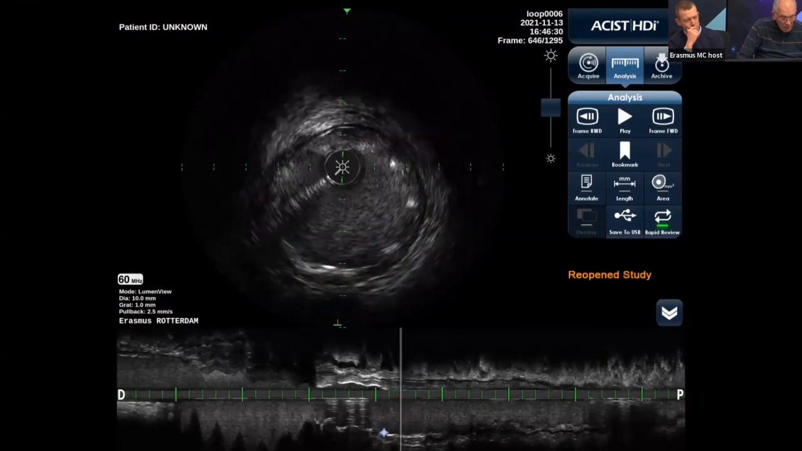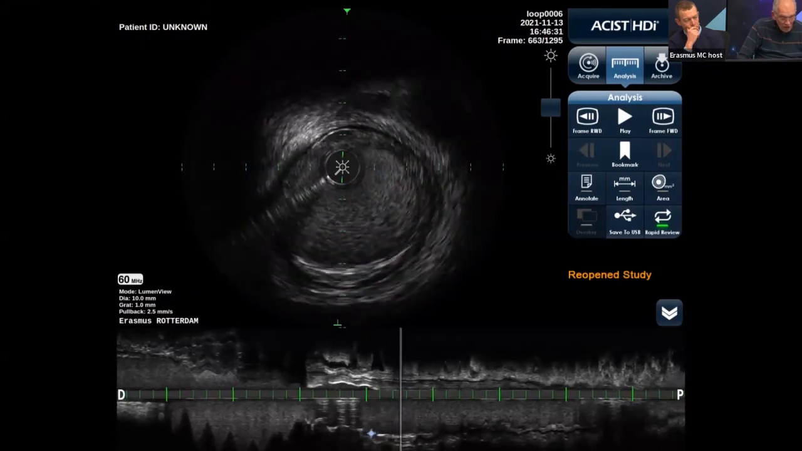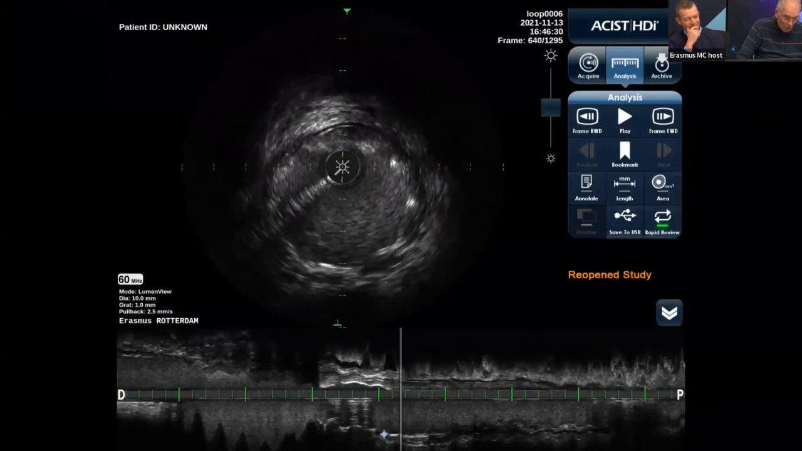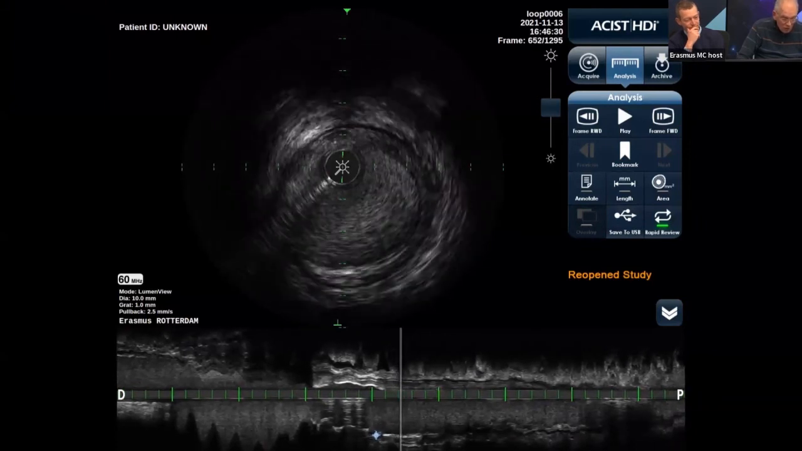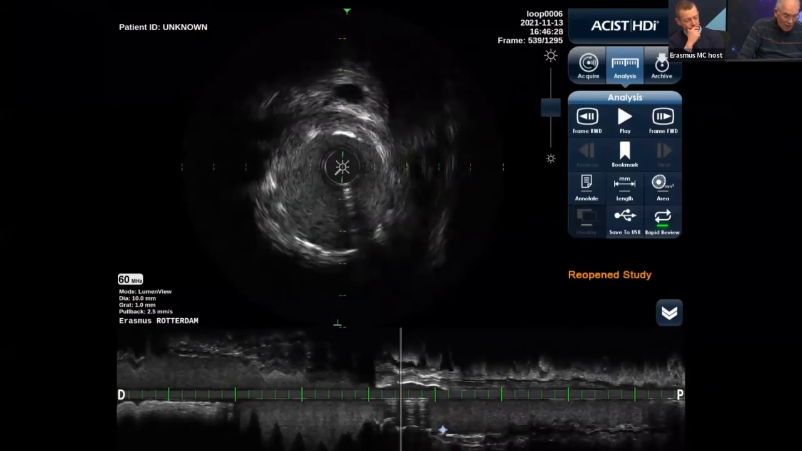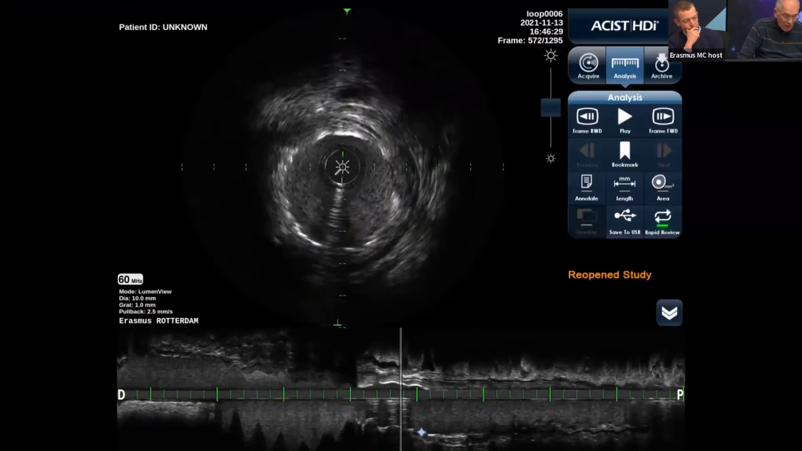And then we also check for edge dissections, which we do not see. I always say no visible edge dissection. They need to be big enough to appreciate. And then, yeah, I think that if we look now at the minimal luminal area in this stent, that